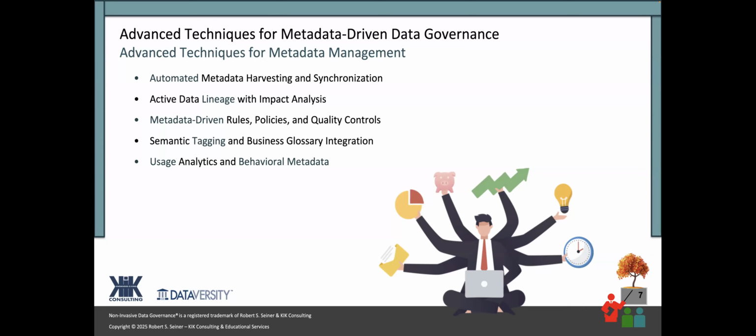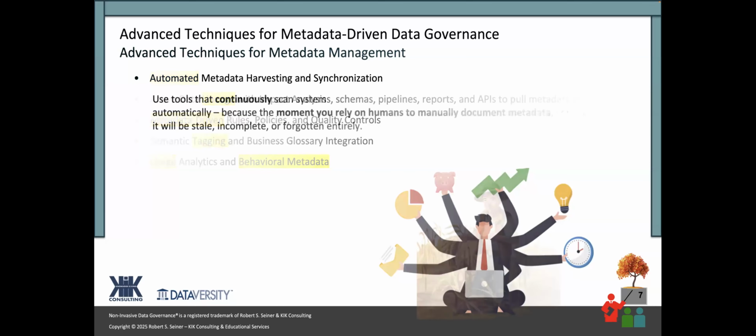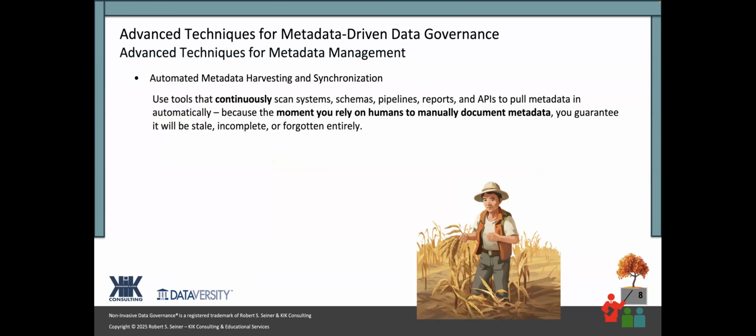So these are the five, I'll call them resonating themes that I want to discuss throughout the webinar today. And I'm going to highlight for you specifically what those things are. It's the automation. Whenever we depend on human intervention to do things, it's going to be less successful, or should I say less of the time, than if we can automate how we're harvesting. The lineage is important. Using metadata to drive things in your organization, tagging, and focusing on behavioral data. You'll see those are things that resonate throughout the rest of the webinar today.